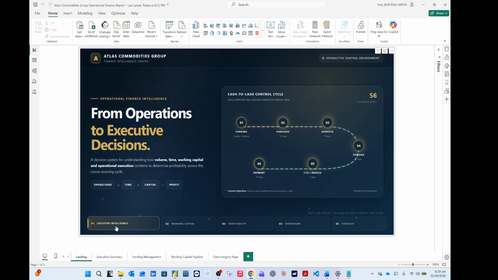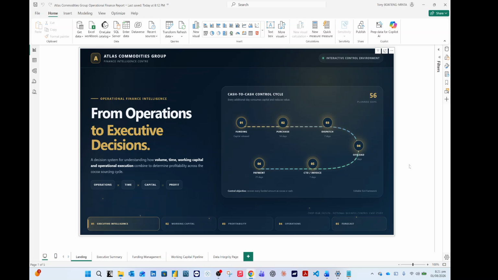And basically in the report, you're going to see the executive intelligence, which is the summary, the working capital situation, profitability situation, operation situation, and then a forecast situation. Again, through this HTML code, we are able to get a very interactive platform where even on the landing page, when you hover over the pages, you see that there's a response, which is very, very beautiful, very eye-catching. And in a presentation, you are able to draw everybody's attention. Everybody is able to follow the narration that the business controller or the financial controller or the FP&A analyst is